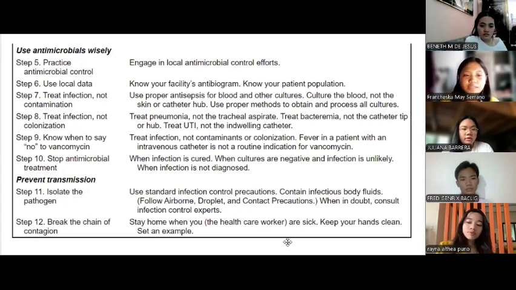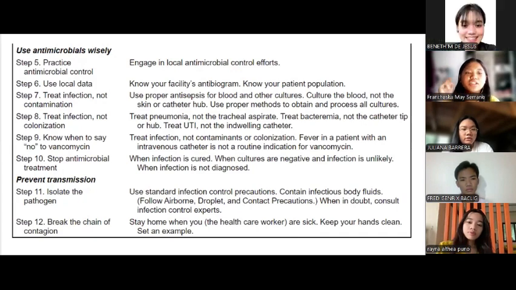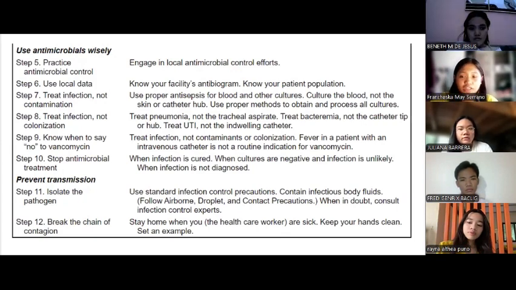Next is step 7 and step 8. There's a difference between step 7 and step 8. Treat infection, not contamination. Treat infection, not colonization. For the first one, treat infection, not contamination. This means that,